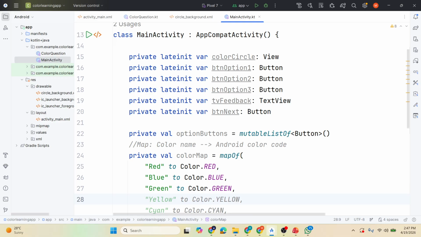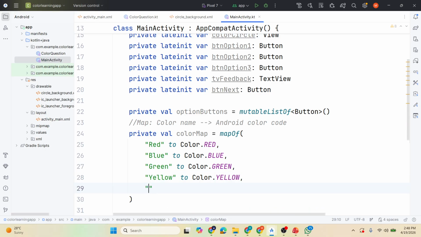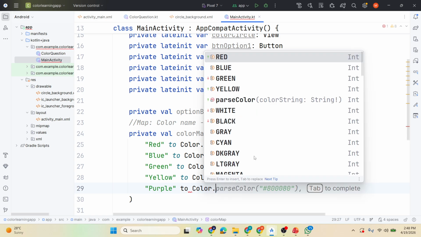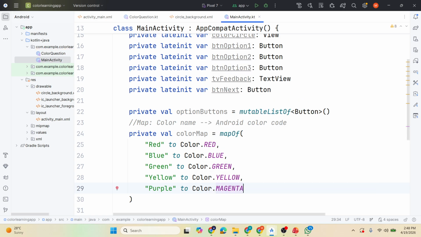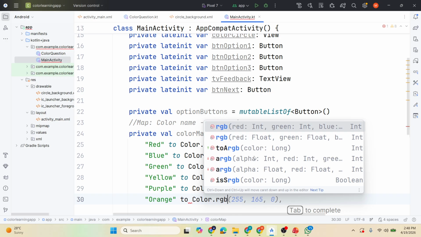So far we have red, blue, green color, and then we have a yellow color which we are going to map to Color.YELLOW, and then purple color which we are going to map to Color.MAGENTA, and some other colors like orange, and we are going to map it to Color.rgb